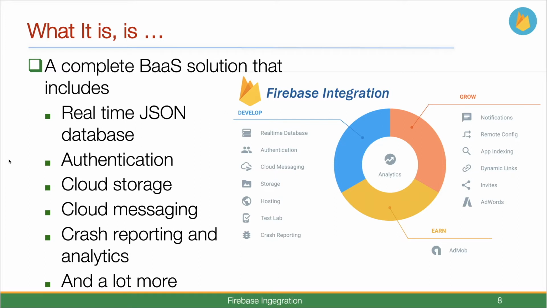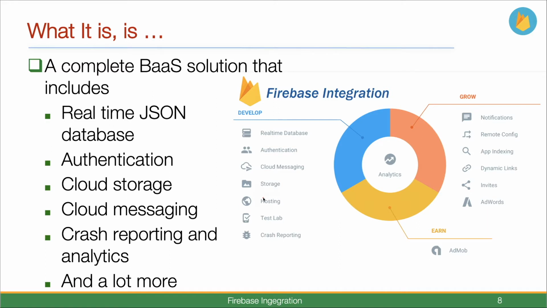And what I found very useful here is that if you've built some kind of service with a JSON backend, there's not a huge change if you wanted to port your app and swap out the backend, possibly a MongoDB backend that is JSON based, and bring in Firebase. It supports authentication, and that's what we'll be looking at in one of our labs. Supports cloud storage, cloud messaging, crash reporting, analytics,